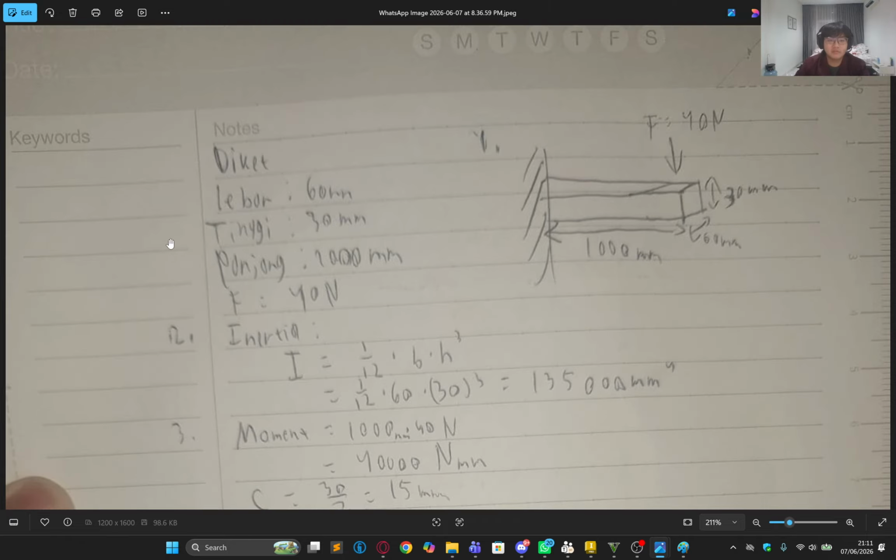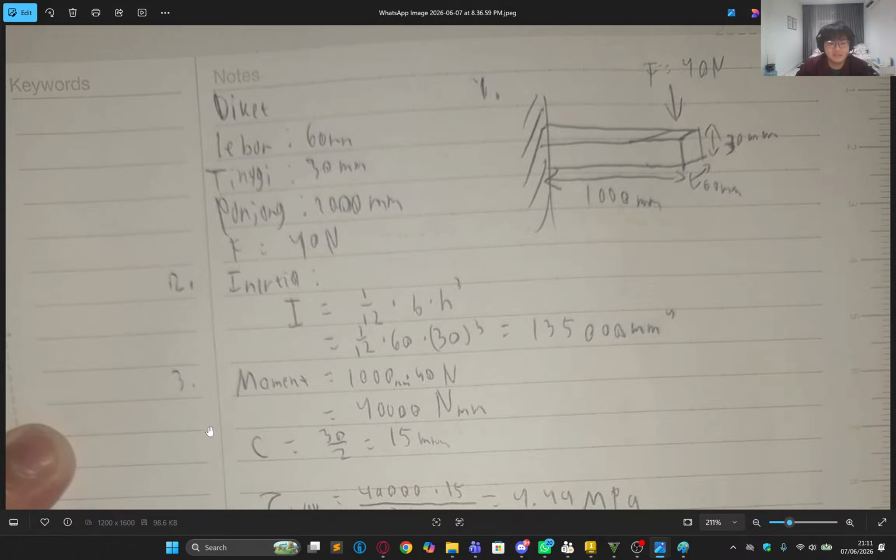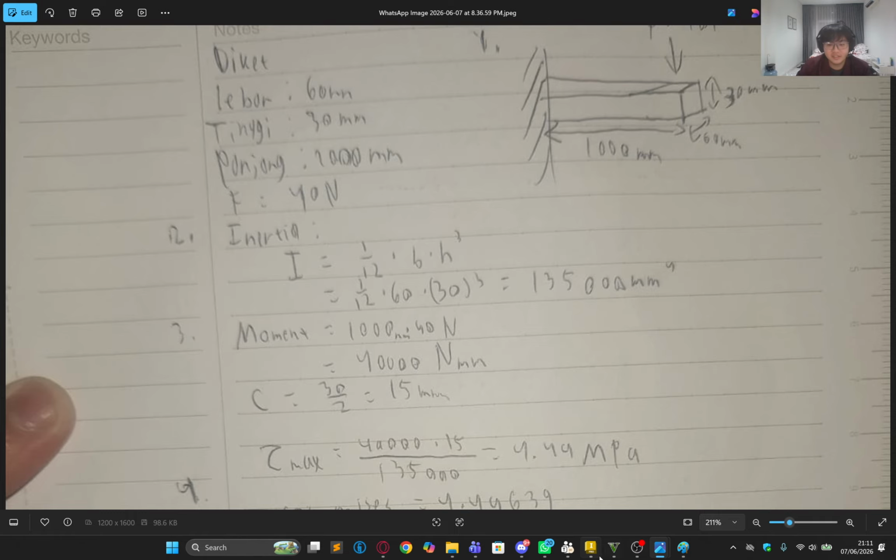So we know that it is 60 millimeters wide, 30 millimeters high, 1000 millimeters long, with a force of 40 newtons. So we draw the body diagram here: 40 newtons, 30 millimeters, 60 millimeters. Yeah, you get it. And then the second question, which is